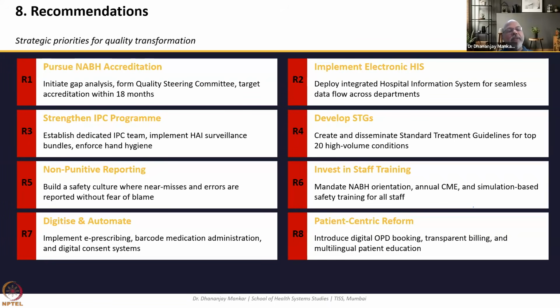Develop standard treatment guidelines. Also, organizational culture and climate in the hospital are very important, where you can build a safety culture in which patient safety itself is a priority, with a non-punitive reporting culture, making your employees' work life very important. You should invest in staff training, digitize and automate the hospital, which gives more reason for your hospital to have safer and better practice, which ultimately will give more patient trust, and ethical reasons for a hospital will be seen.